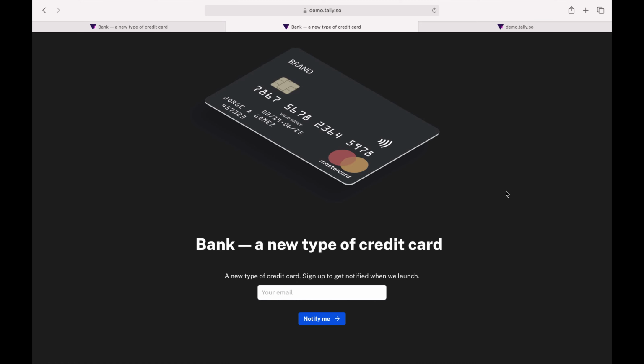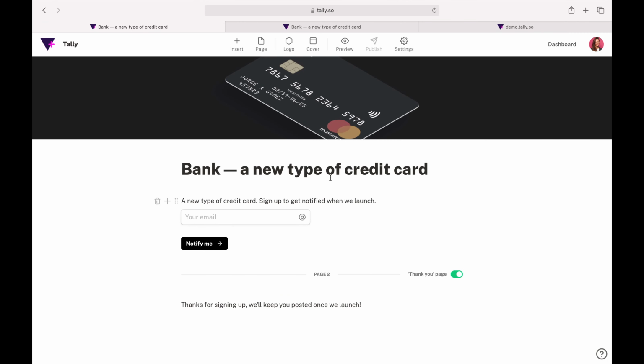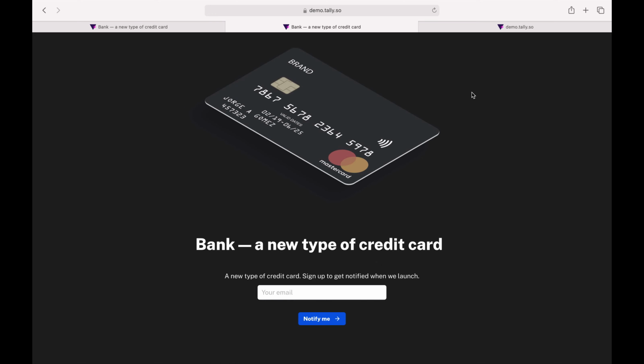The cool thing here is that with Tally Pro, you can connect your own domain or subdomain and also customize the entire page to make it seamlessly fit your brand. So actually this landing page is a very simple Tally form that looks like this. So we've added a cover image with the visual of the product, a title, and also an input field to collect email addresses. Now the cool thing is that you can make it look like this by using the custom